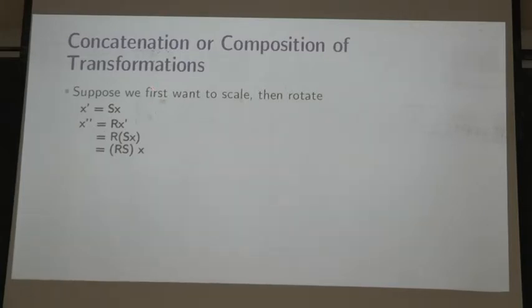So suppose, just as an example, we first want to scale and then rotate. Okay. How would I do that? I already know how to do that, right? My original coordinate space is x. I first want to scale, so I multiply it by matrix S, which is actually a diagonal matrix. I write it as S just for notation here. So I get the scaling. The scaled space is x prime. Now I want to rotate, so I apply rotation R onto x prime, and that gets me the result of first scaling then rotation.